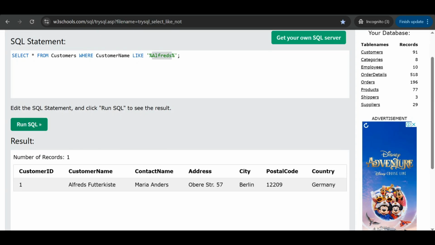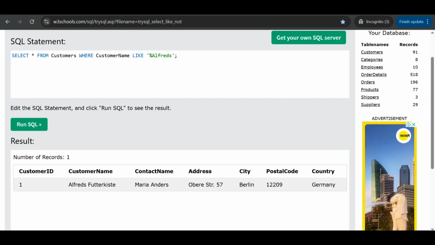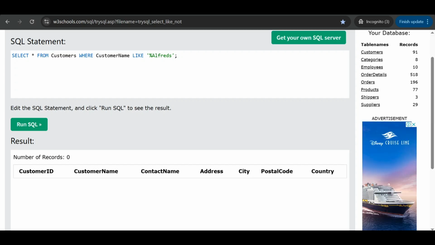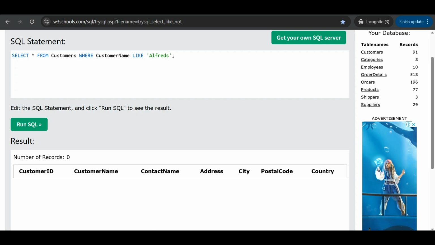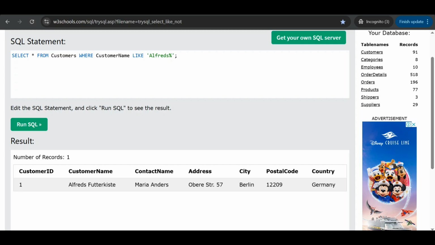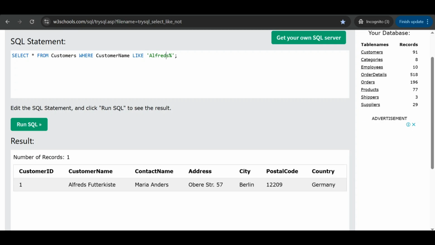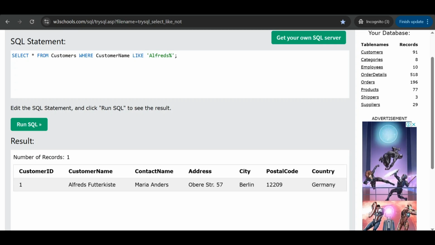I will remove the percent behind, and the result is zero values. But if I use percent behind, it will show the values. What's the difference? Percent behind means you search for a value that contains some character or word in the front.